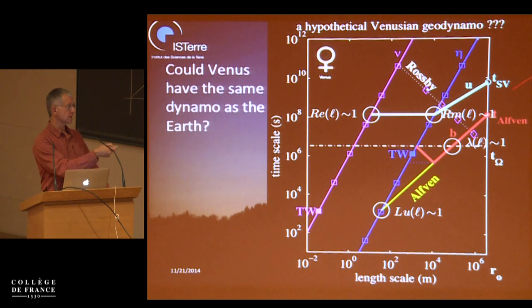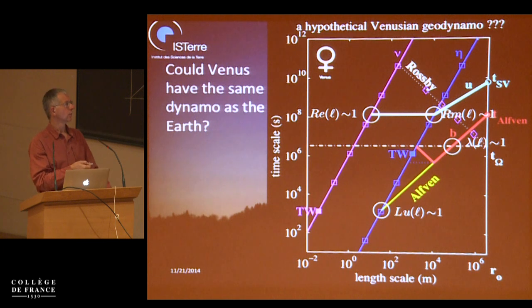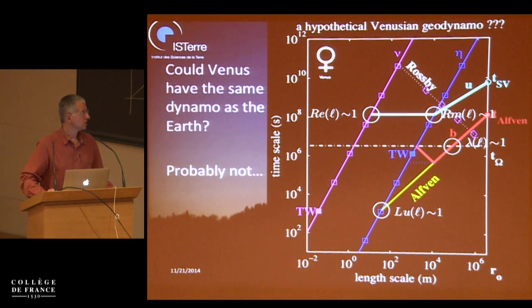That is, part of the cascade for the magnetic field is penetrating the regime where you would expect 3D motion to be present. In other words, rotation is not any more important in that region. So I don't know how to draw the diagram in that case, but I'm pointing out the fact that we might have this equipartition catastrophe happening in Venus and preventing Venus from having then a very large magnetic field like what we have on Earth. Okay, so probably not.